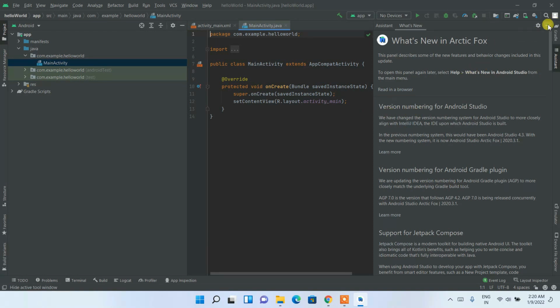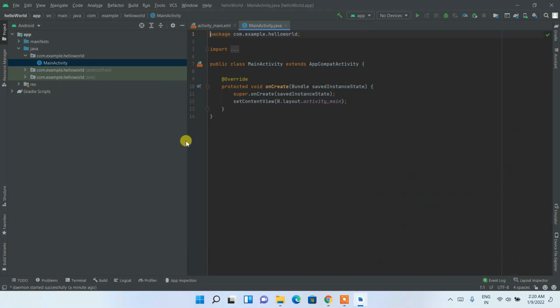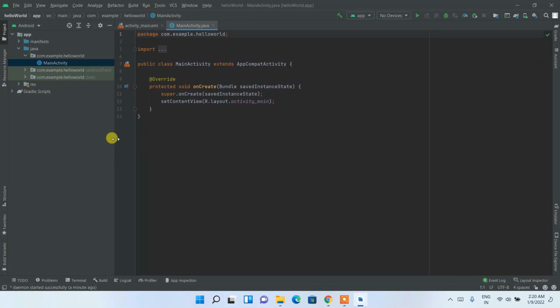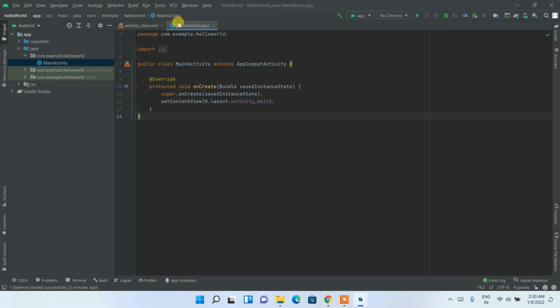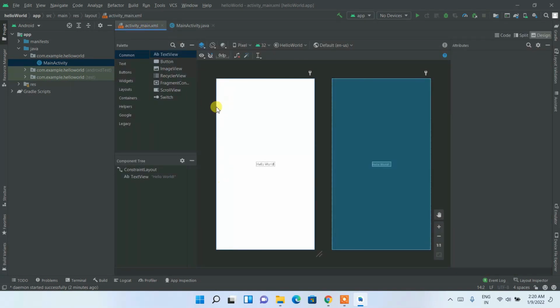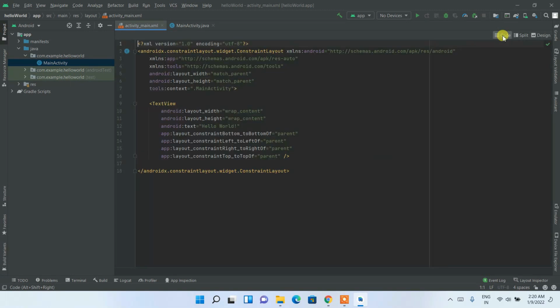You can simply minimize this artifacts panel, and drag it so that we can have a proper coding area. And you can see that our main activity has opened, and the backend part, that is this XML part where it will be showing this Hello World, is also shown over here. Here you can click on the code section, so you can change this android:text attribute. You can change it to